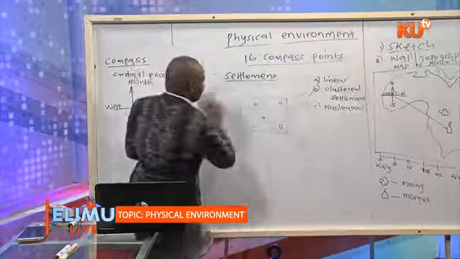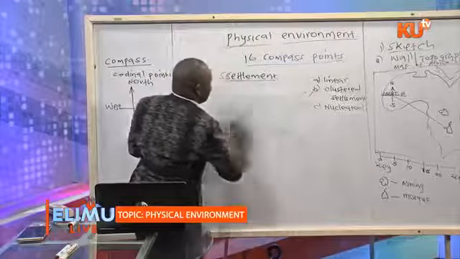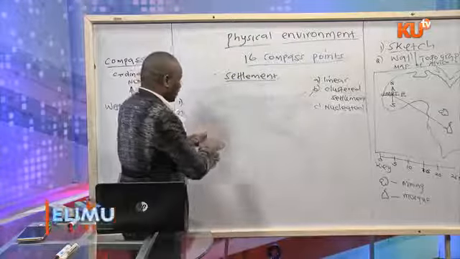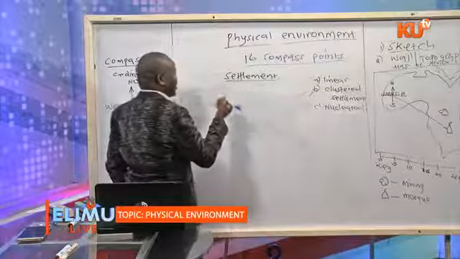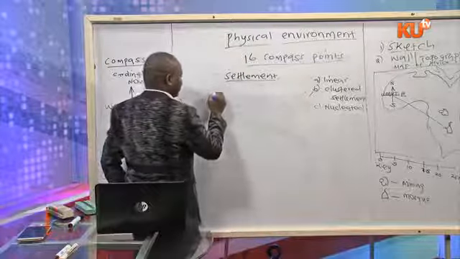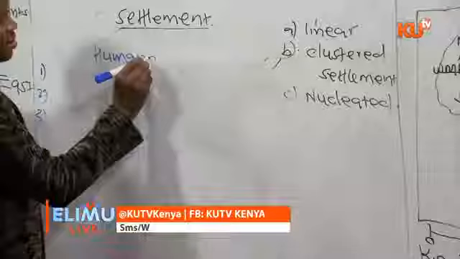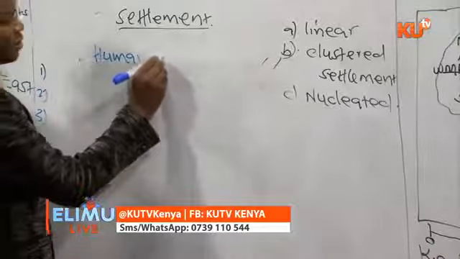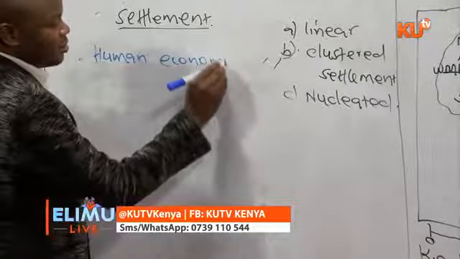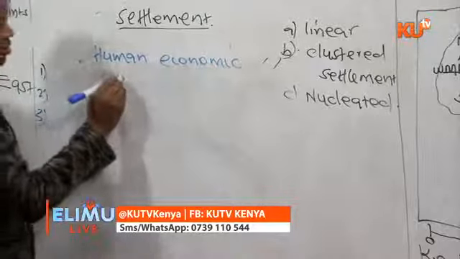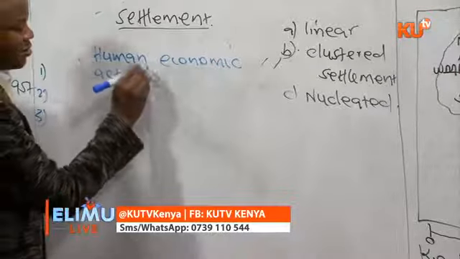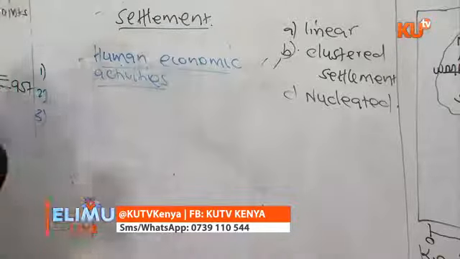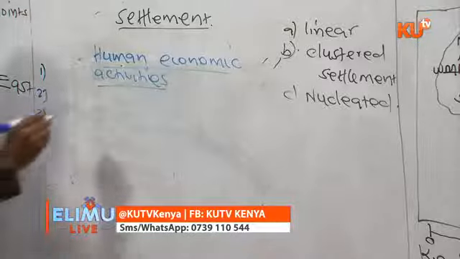They are influenced by different factors. What are those different factors? The first factor that you must be able to know is the human and economic activity. Human and economic activities include things like road,